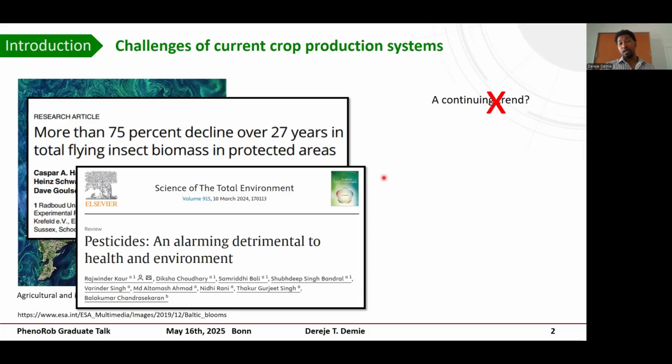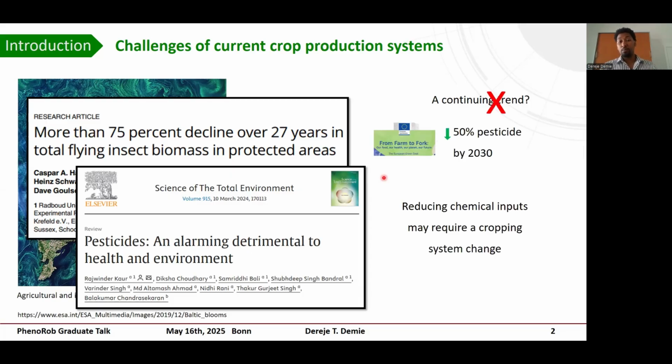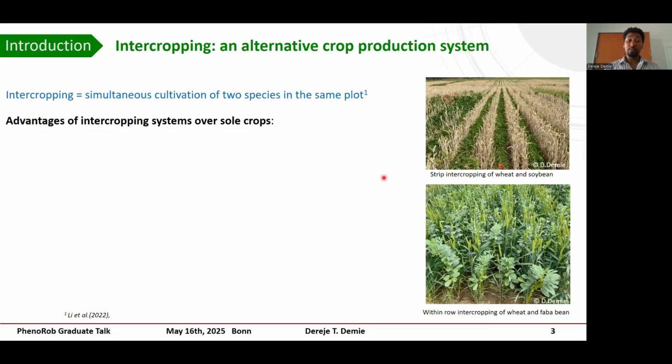There are some initiatives. For example, the European Commission proposed a pesticide cut by 50% in 2030 under the Farm to Fork strategy. But reducing chemicals alone is not sufficient. Reducing chemical input requires a cropping system change, because it's not enough to reduce chemicals with the same crop production system. In this aspect, the intercropping system is an alternative crop production system,